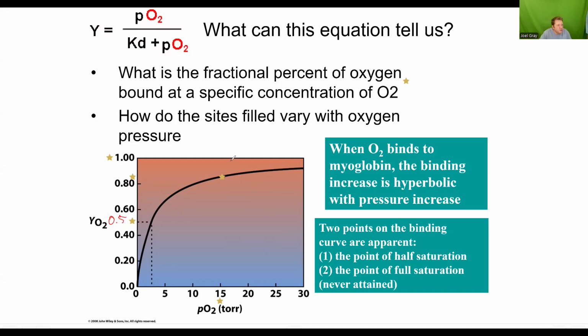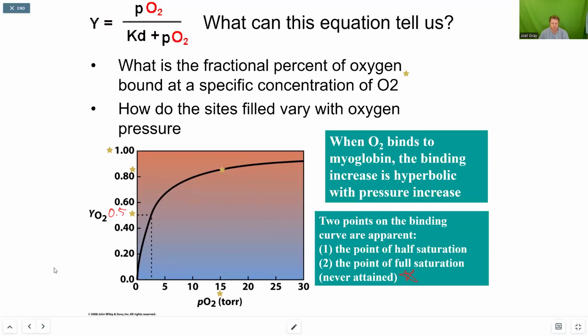Now, one thing that I want you to notice about this right here, our protein's never going to become fully saturated because one thing to keep in mind is we're talking about a population. We're not talking about just one myoglobin protein, because one myoglobin protein will become saturated very easily. It binds O2, done, saturated. We're talking about a pool of, say, 100,000 copies of myoglobin. Is every single one of them going to be saturated at the same time? No, it's not. Because they're going to bind O2 and release O2 as they need,